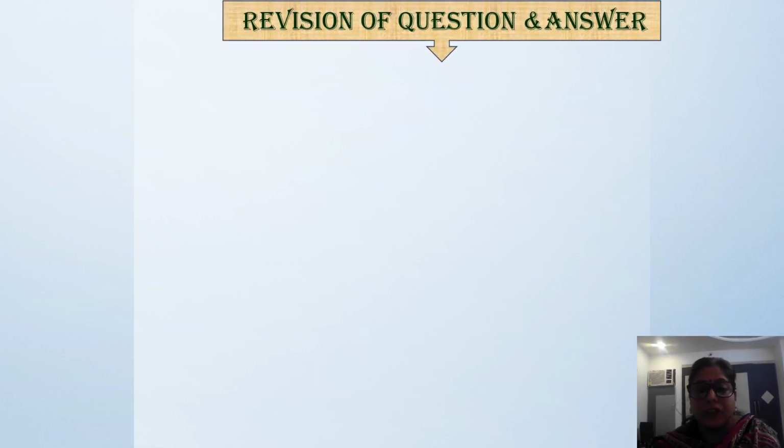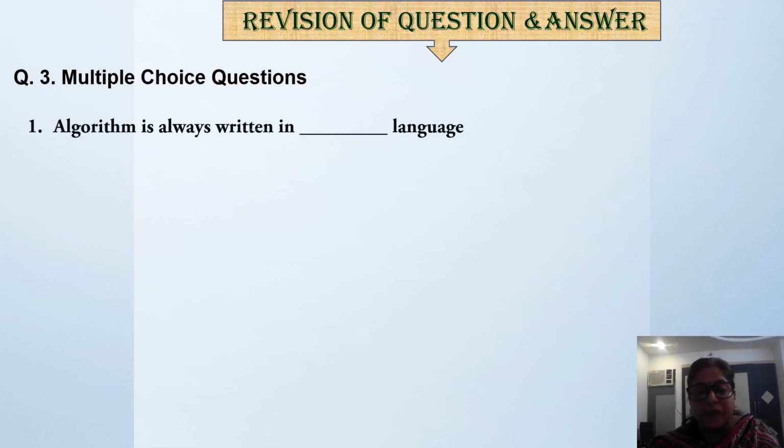Question number 3. Multiple choice questions. First one: an algorithm is always written in dash language. The options are binary, machine and simple. What is the answer? Yes, it's simple language.